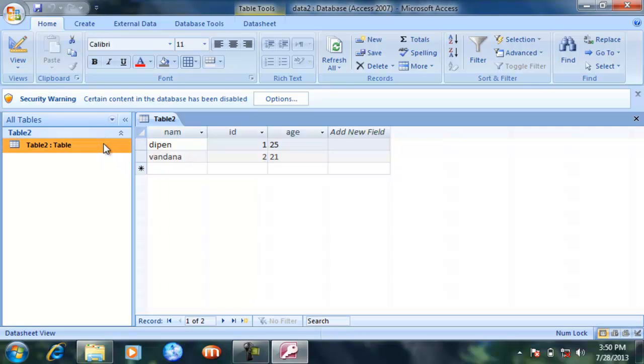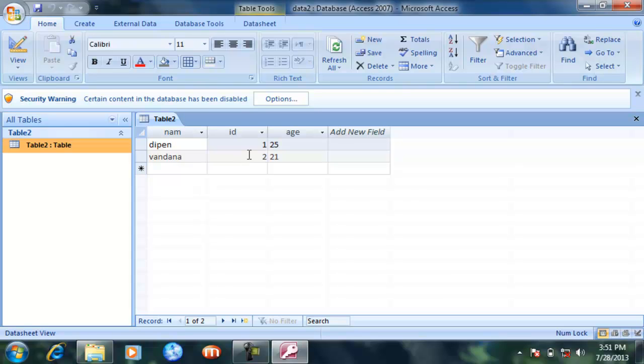If you double click this table, you can see there is a column named name, a second column named ID, and a third column named age. I have attached a primary key to the ID column, so no duplicate data will be entered in it.